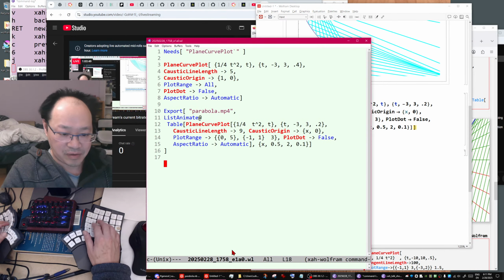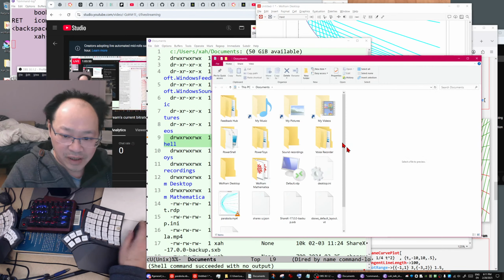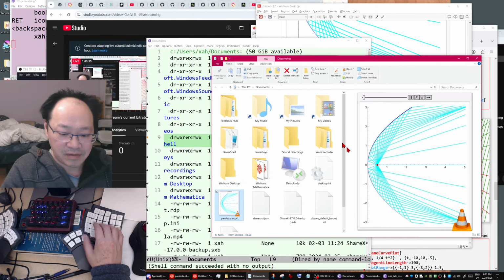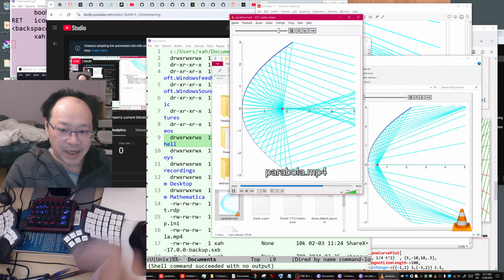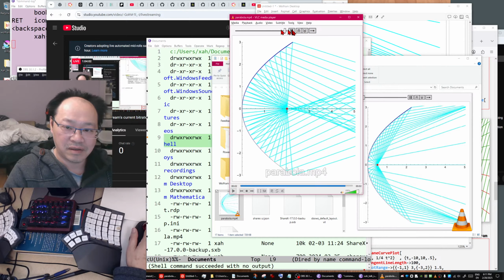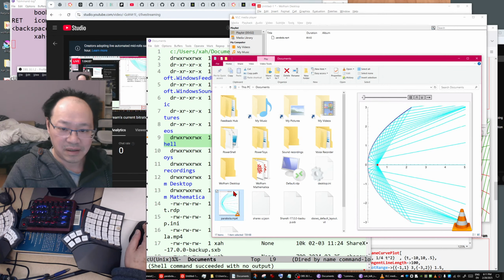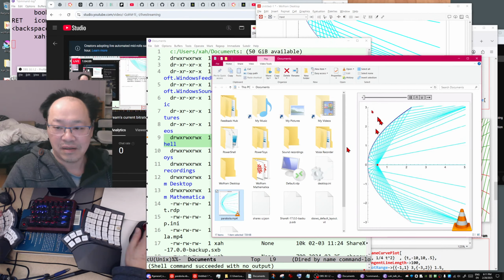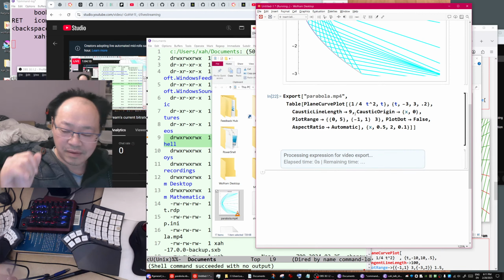Okay, we can go to documents and we can look at the file. Okay, so there is the movie. Not bad, but I don't want these control widgets, you see. Let's try it again. Okay, so I don't want the control widget, so do it again.